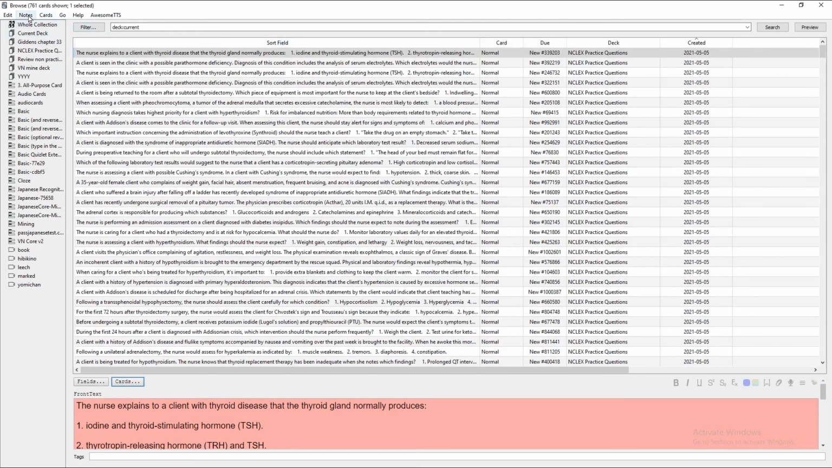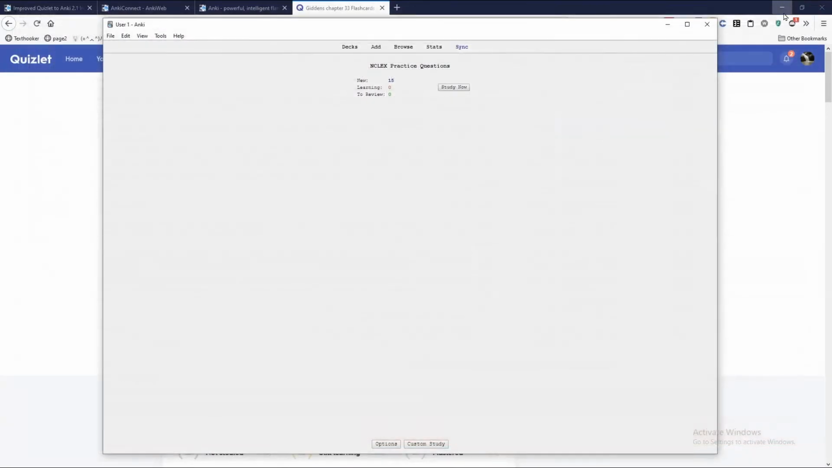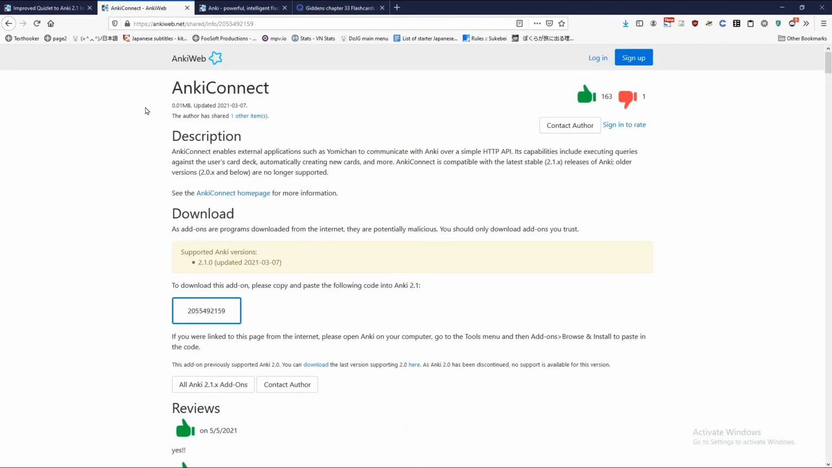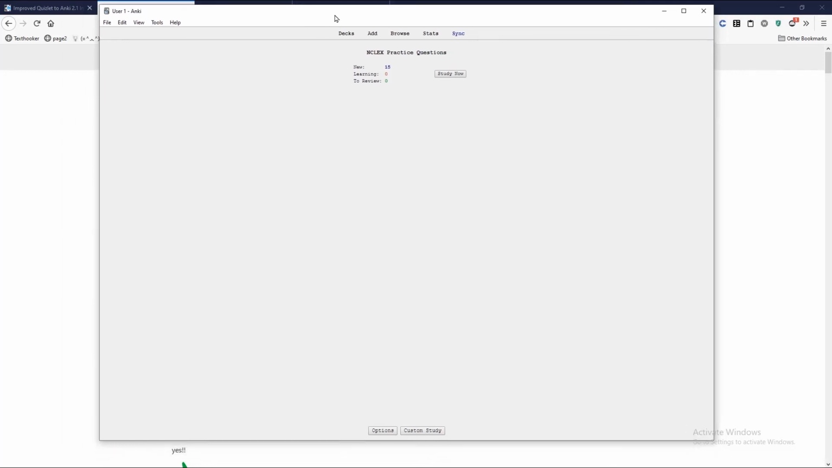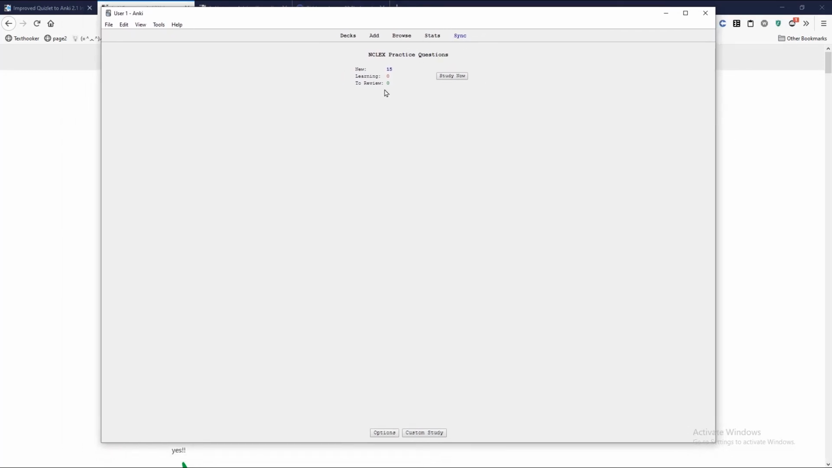One more thing. There's another add-on you need if you want to go back and forth between your computer and your phone. There's AnkiConnect, you download that, and you have to make an account, which doesn't cost anything. Say you have this set up on your computer, and you have the same account logged in on your phone. You click sync here, and it'll send all the decks to your phone. You just have to click sync every time you